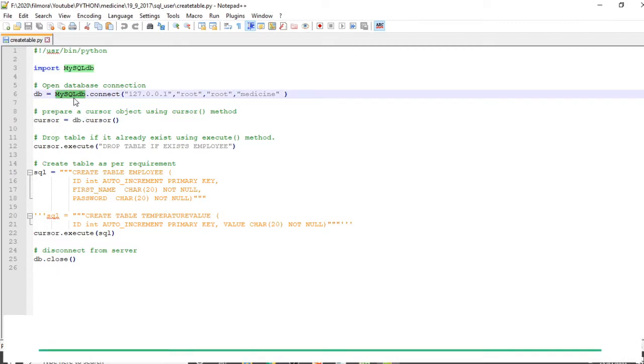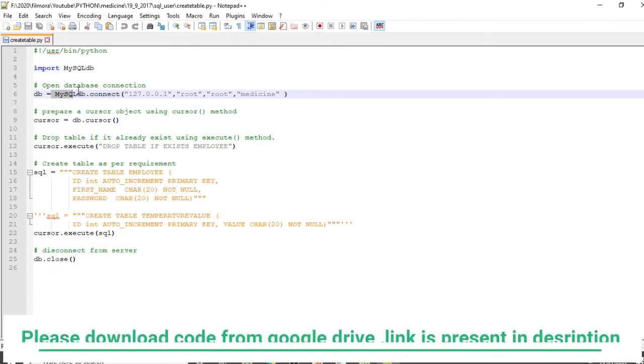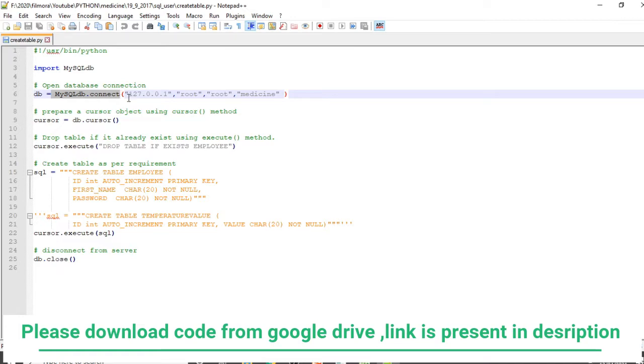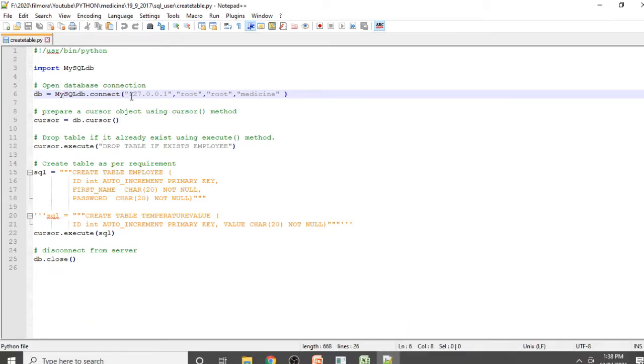Then the next line is MySQLdb.connect. Basically this function is used to connect your local database with Python. In this we have to pass the IP address, that is the local IP address of your machine. This is 127.0.0.1. This is a common IP address, you can use this one also. Then we have to pass the MySQL name and MySQL password, that is the name is root and the password is also root.